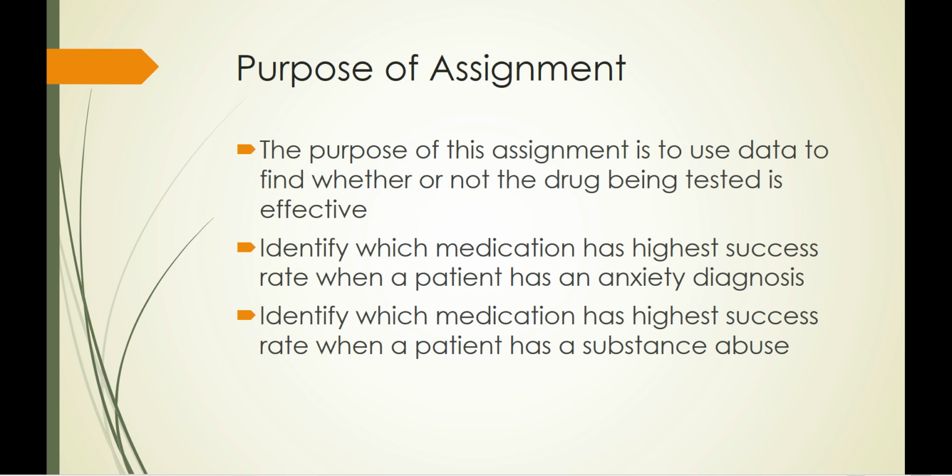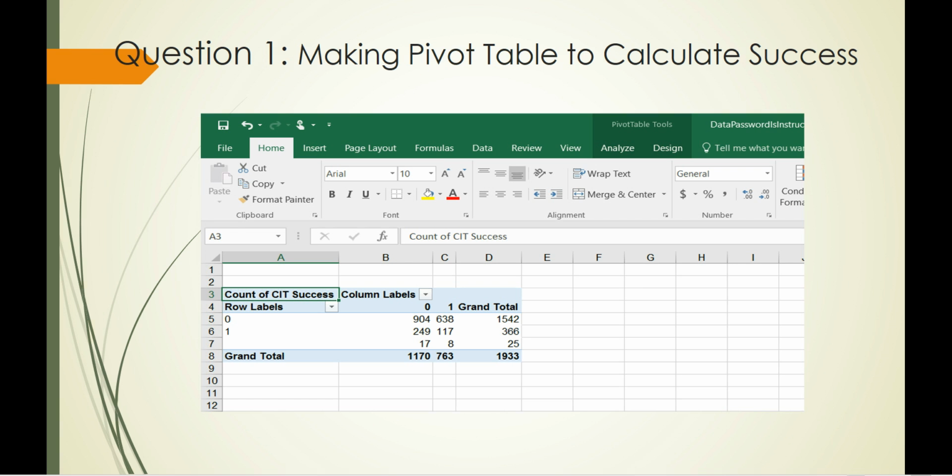So the purpose of this Teach 1 assignment is to utilize data to determine which of these medications has the highest success rate when it comes to certain diagnoses. Question 1 asks us to create a table to determine the success rate of CIT, or citalopram, for an individual suffering from an anxiety diagnosis. So in order to do this,